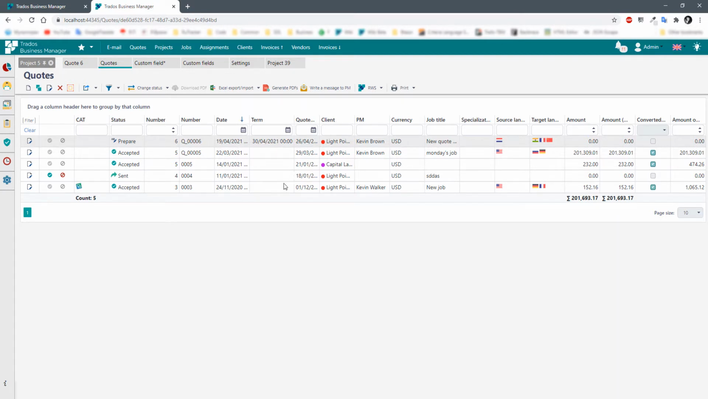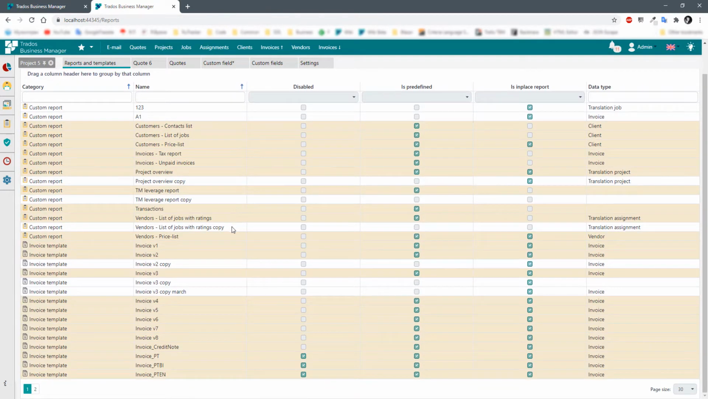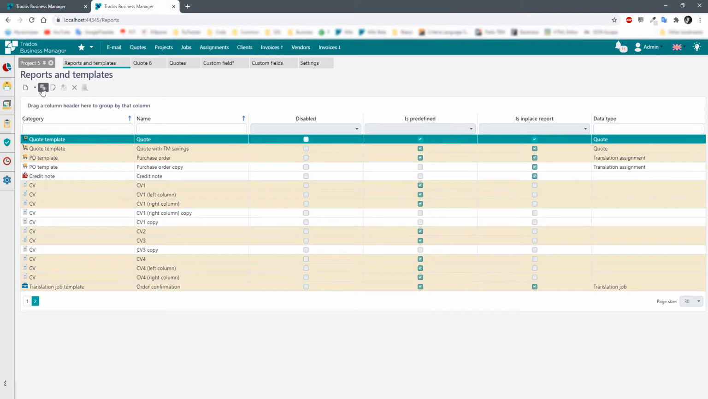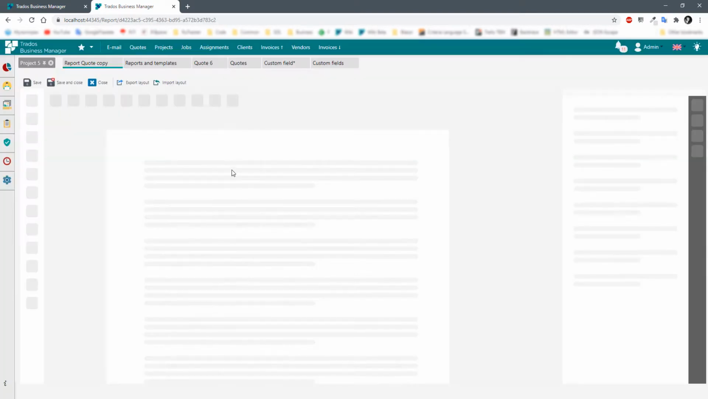Also, custom fields can be easily used in custom reports. For example, we now want to print a quote and include this term value in our quote form. Let's do this. Let's open reports and templates. Let's go to reports and templates again. Let's find some default template for a quote, this one, and let's clone it. It will be quote copy. I click OK,